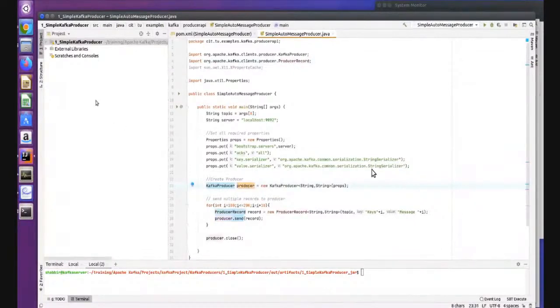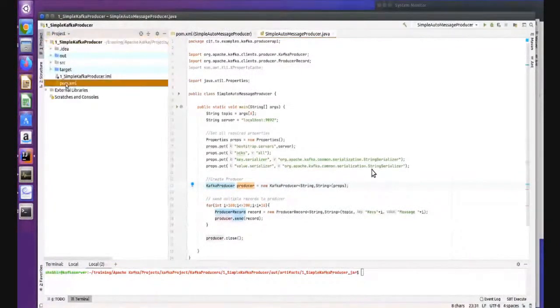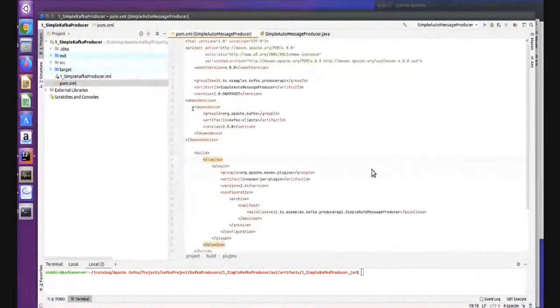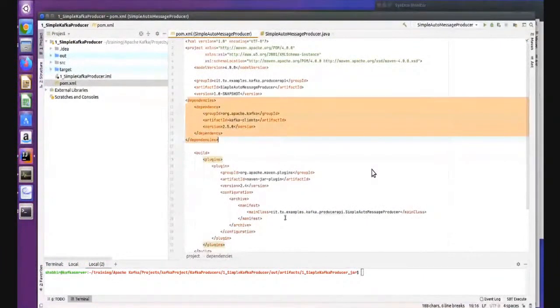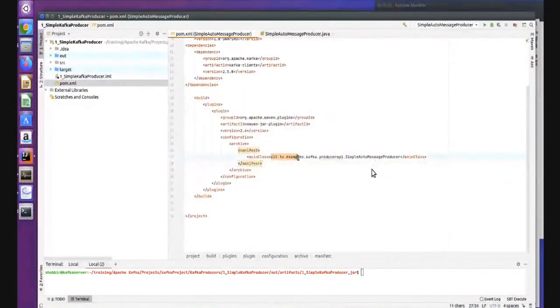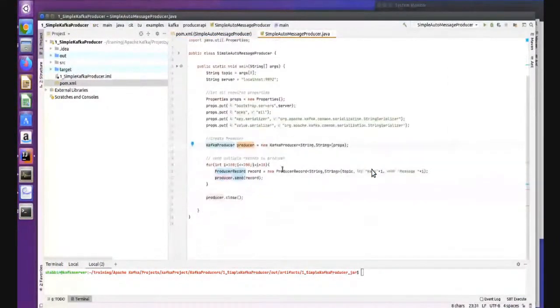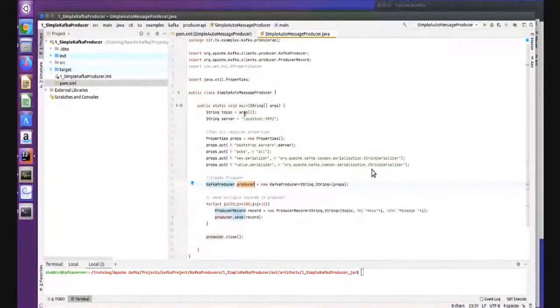Similar way, same way. Create the Maven project. Go to the pom file. Add your dependencies, right? Same method. Add your dependencies and add your class name, with the full package name. After that, go to your Java class file, and in the class file you have to pass the topic name. It can be from the argument or however you want to set it.